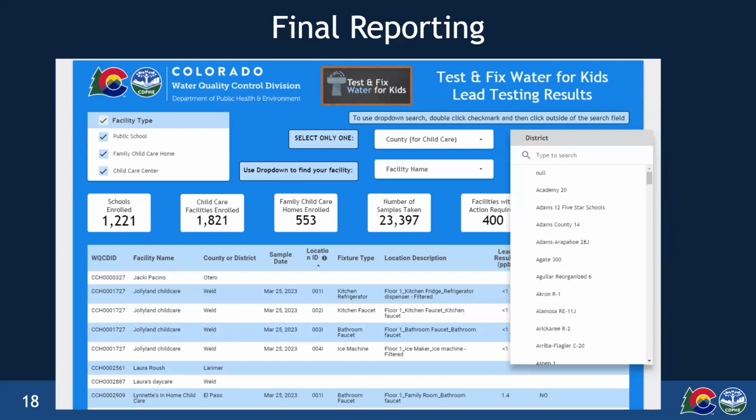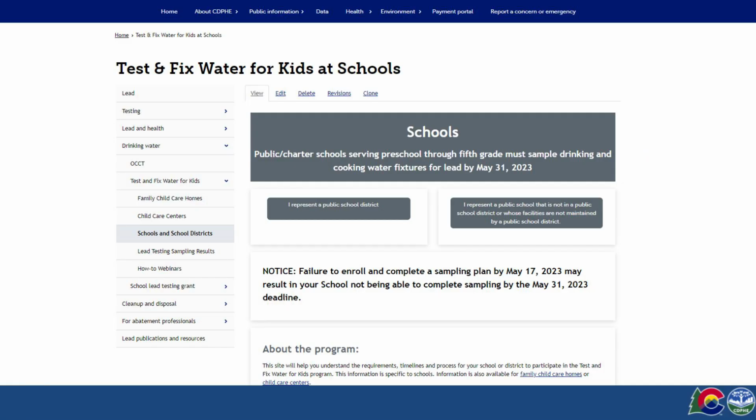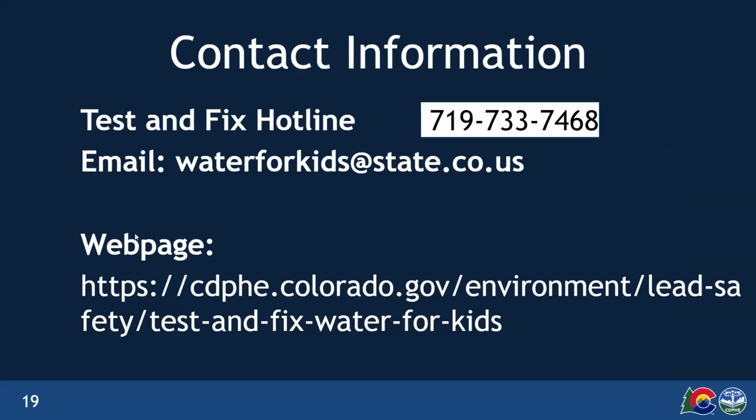You can always give us a call or email if you need help with your data. There are a lot of materials and guidance on the website for you, and we invite you to explore it. Contact us for anything you may need. The webpage has been recently updated and has a lot of great information.